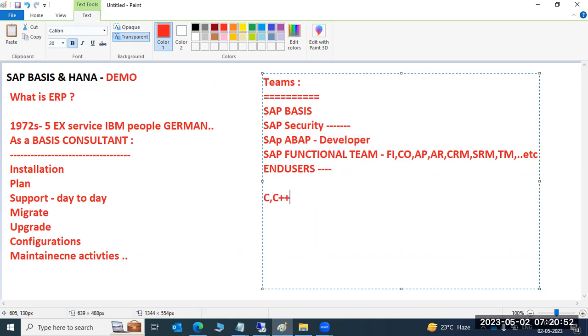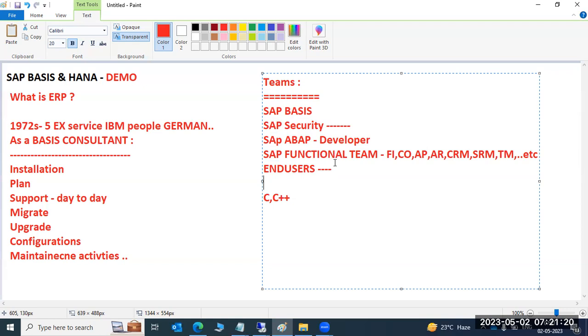Then the functional people will play the key role in the organization for their business flows and business integration.